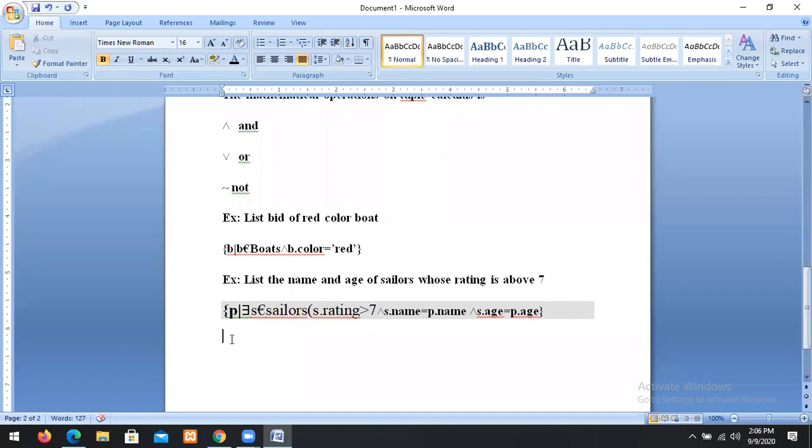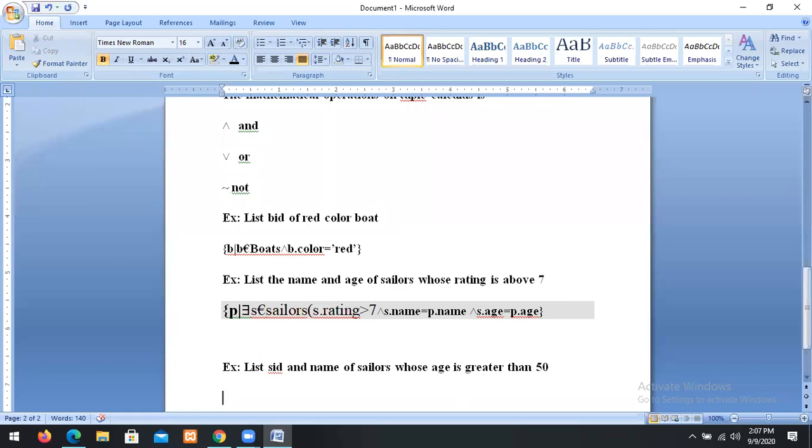So another query: list SID and name of sellers whose age is greater than 50. I don't want the entire row, the entire tuple. I want only the SID and names of the sellers whose age is greater than 50.